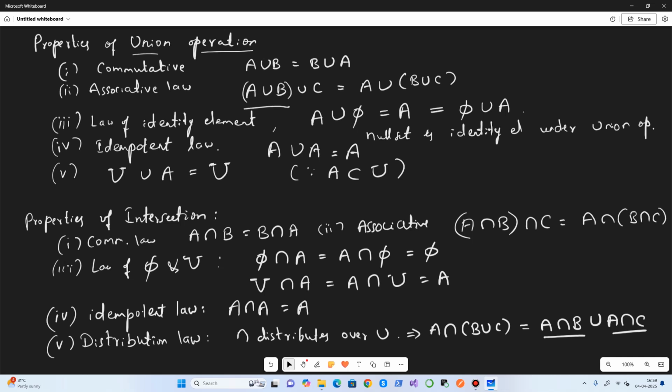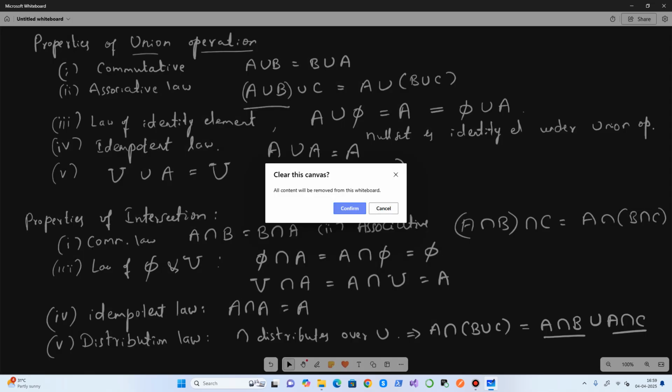Next, let's talk about the difference of sets. Suppose A and B are sets.